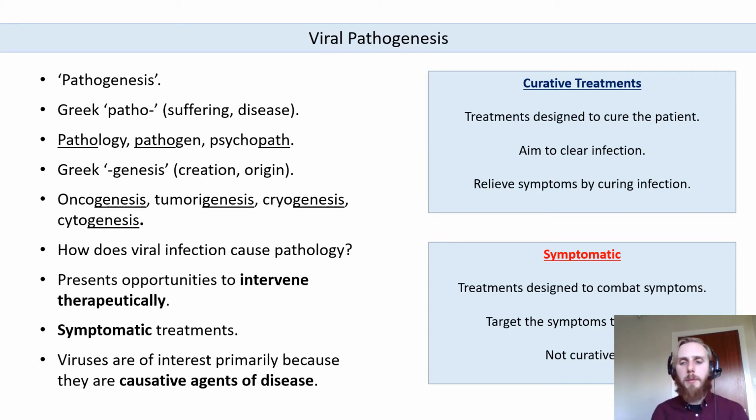And if we're thinking about the pathogenesis of viral infection, or viral pathogenesis, the pathogenesis of viruses, we're thinking about how specifically viruses cause disease. So how does a virus, when it enters a host, result in disease? Viral pathogenesis is quite a complex question to answer, and it makes sense that it's complex, because if we think about viral disease,